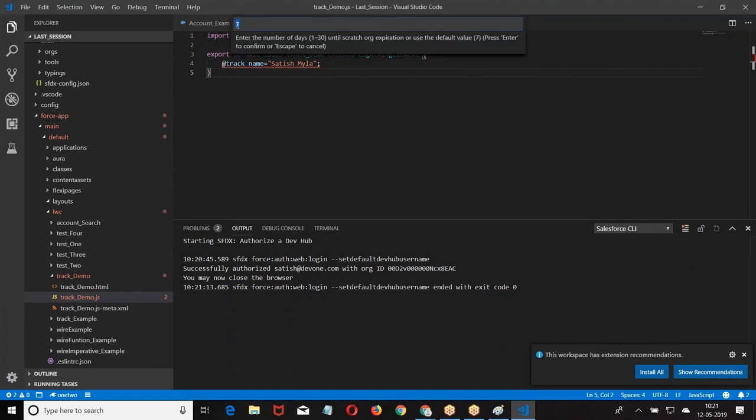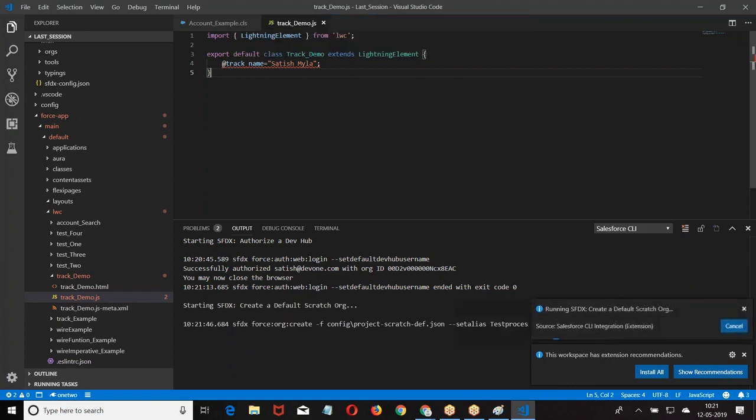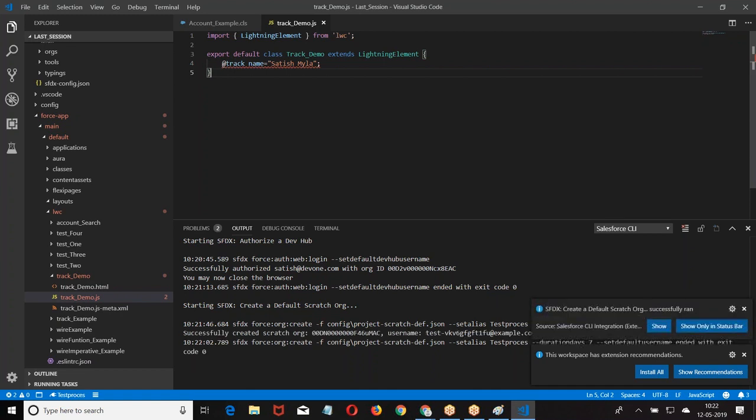How many days do you want to create it as a scratch org? I told 7 days. I'll tell you the procedure. I'm just showing the quick access here. But start practicing your code from this. Even your regular Apex programming, start practicing from this, because down the line this is going to be high priority for you. Down the line, maybe in a couple of months, people are going to have this as the main one. Okay, so I created it.